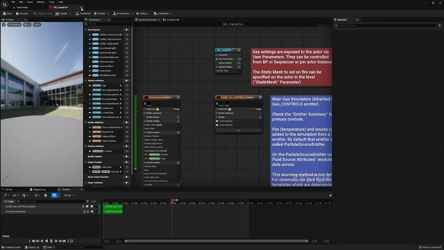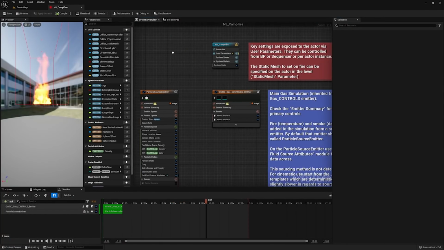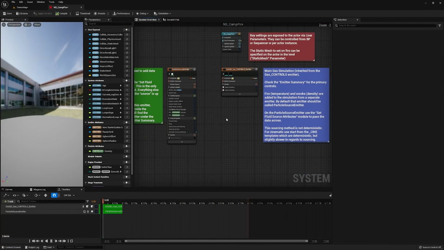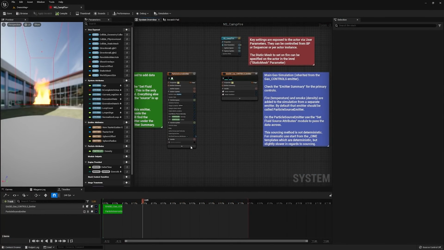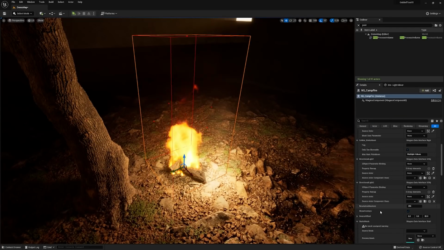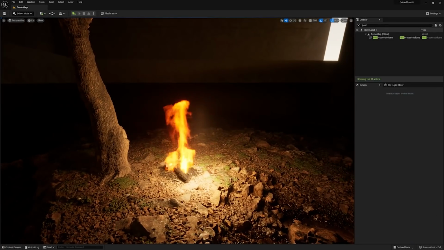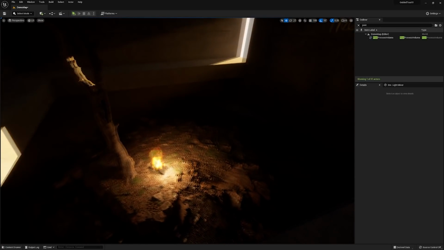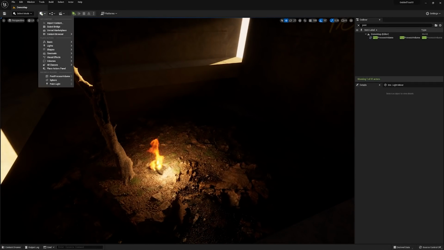One creates particles that injects information into another, which then runs a fluid simulation on that. There are additional examples in the plugin for explosions, water, and more too, so if you're a VFX artist looking to level up, I highly recommend you check them out because I think they're really exciting. Just don't forget to disable the overlays when you've put one in the world, otherwise you'll end up with that red box. Now, speaking of volumetrics, another late UE4 feature that has been enhanced by Lumen is placeable fog.